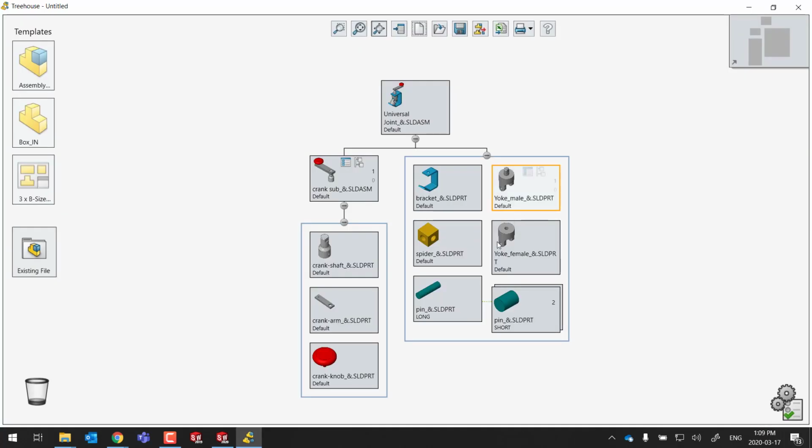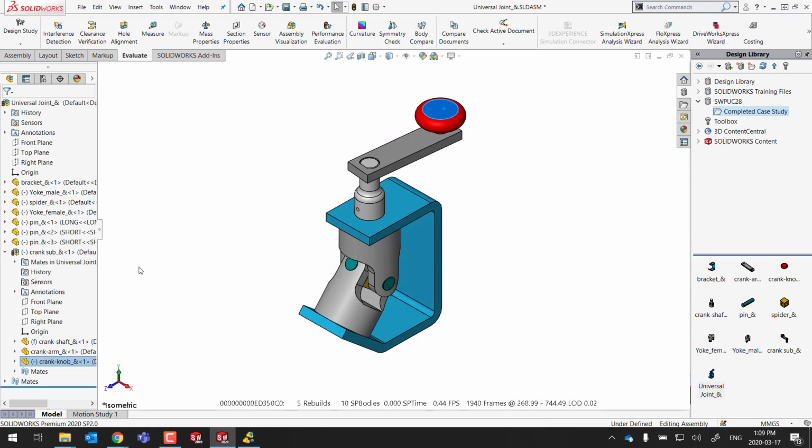So right now you can see that this assembly contains one subassembly which is made out of 3 parts and 6 other components. Actually there's 2 instances of this one, so that altogether there are going to be 7 components plus the subassembly. We're going to put it together without using the feature manager, without using keyboard shortcuts, and